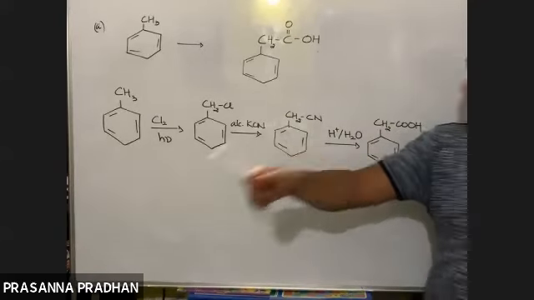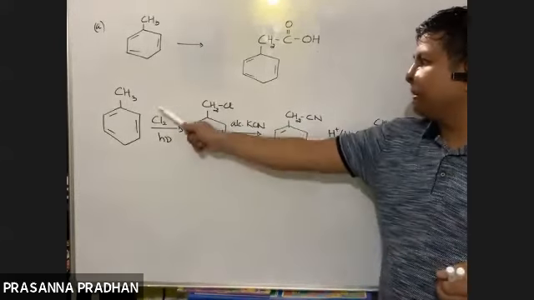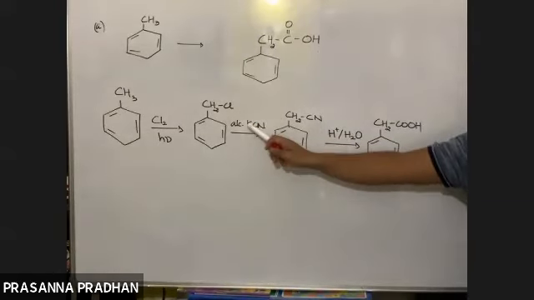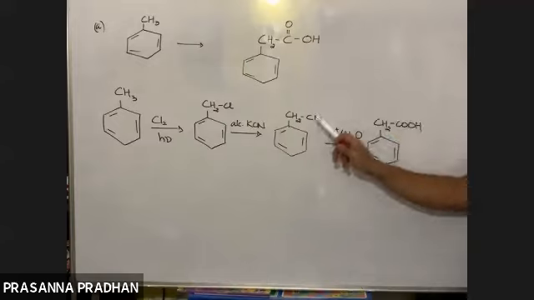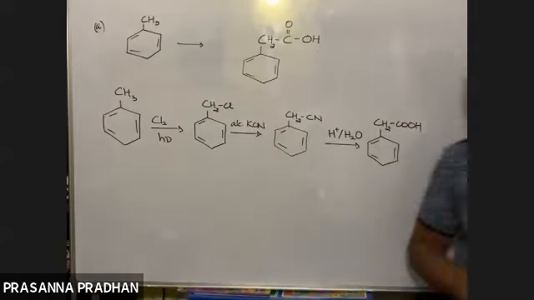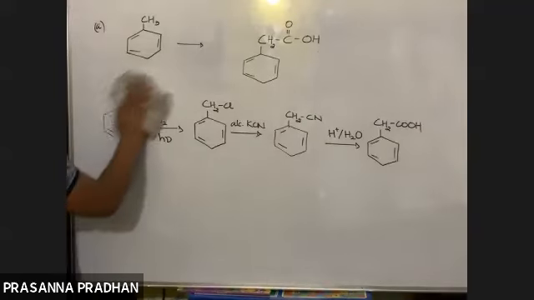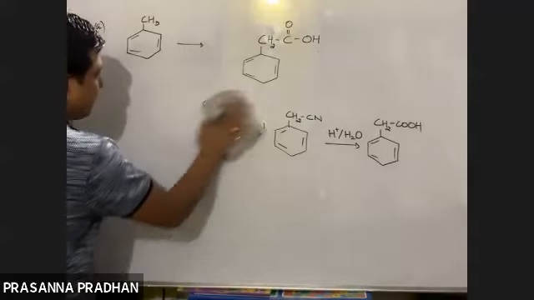So the main thing is I must convert one of the hydrogens to a halide reagent. I thought in this way. This is the thought process. Cl to CN, alcoholic KCN. CN to COOH, yes, I know, acidic hydrolysis. Okay, so this is the second nucleophilic substitution reaction given by alkyl halides.